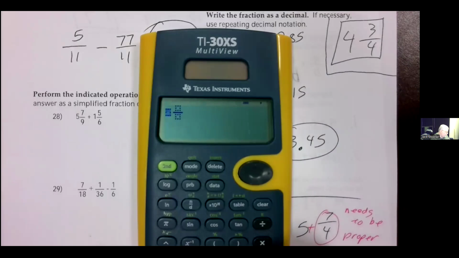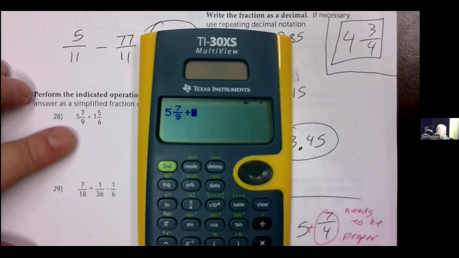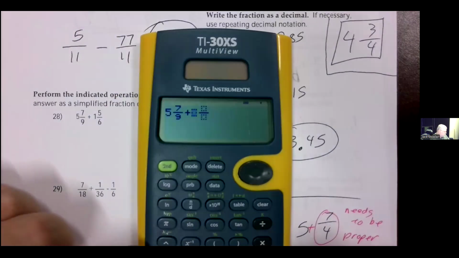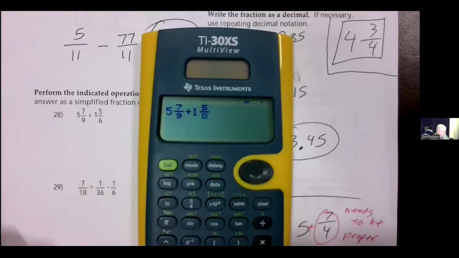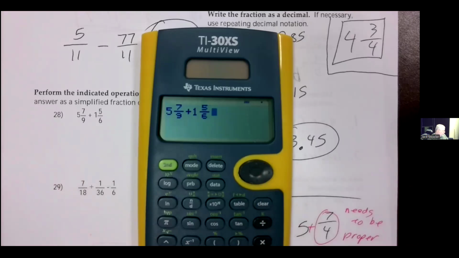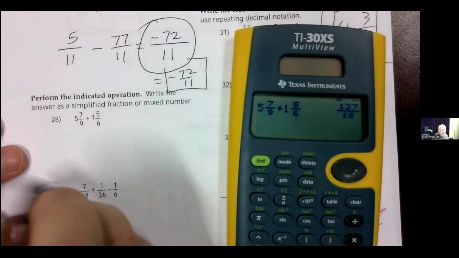So I can do 5, arrow over, get to the 7, arrow down, get to the 9. Now notice that the cursor is still on the denominator. You have to arrow over to the right. So now I'll do plus. Now I need another mixed number, so I do second and then my fraction button again. So now I need 1, arrow over to get 5, and I need 6. You don't have to, but I always like to move that cursor. So I'm trying to do 5 and 7/9 plus 1 and 5/6. I hit enter. Notice that it gives me 137 over 18,